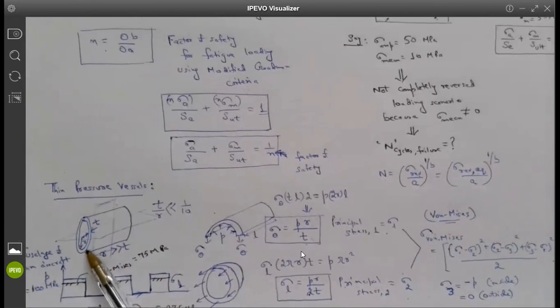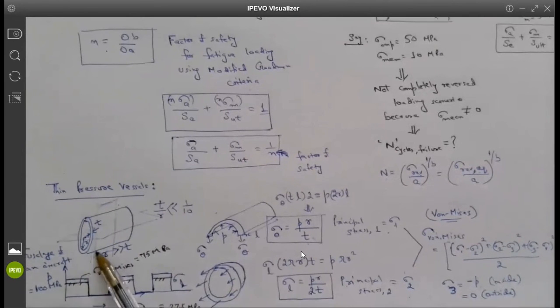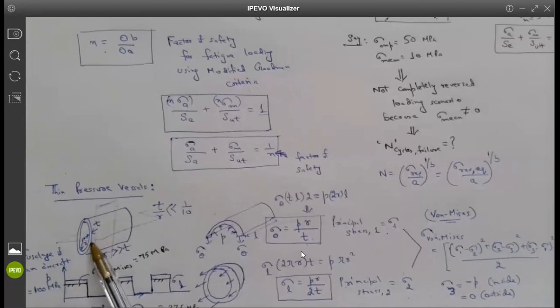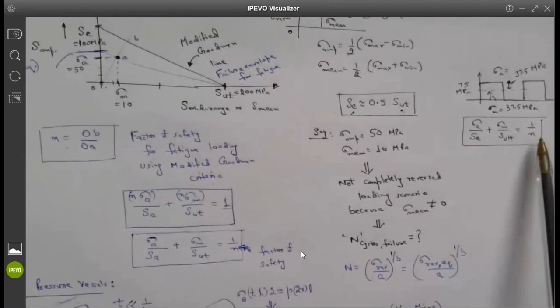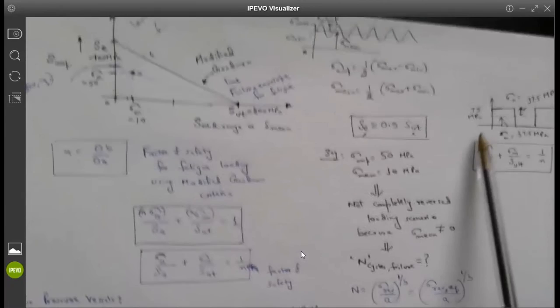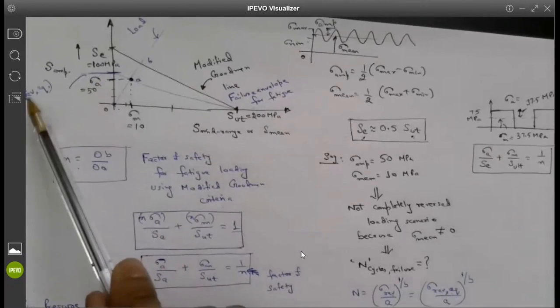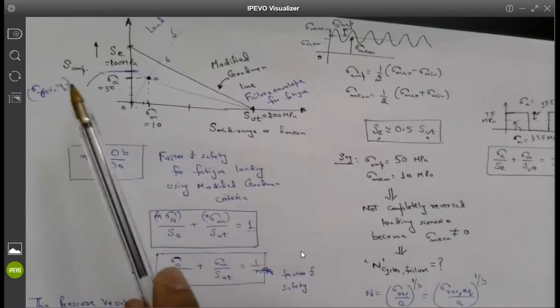The fuselage can be made up of aluminum, it can be made up of carbon fiber composite, it can be made of titanium alloys or something else. But this pressurization and depressurization is affecting my von Mises stresses, not the specific choice of material. The specific choice of material is going to affect these properties, endurance strength and ultimate tensile strength, and they will affect the factor of safety, but they will not affect how I am going to get sigma A or sigma reversible equivalent. Does that make sense?